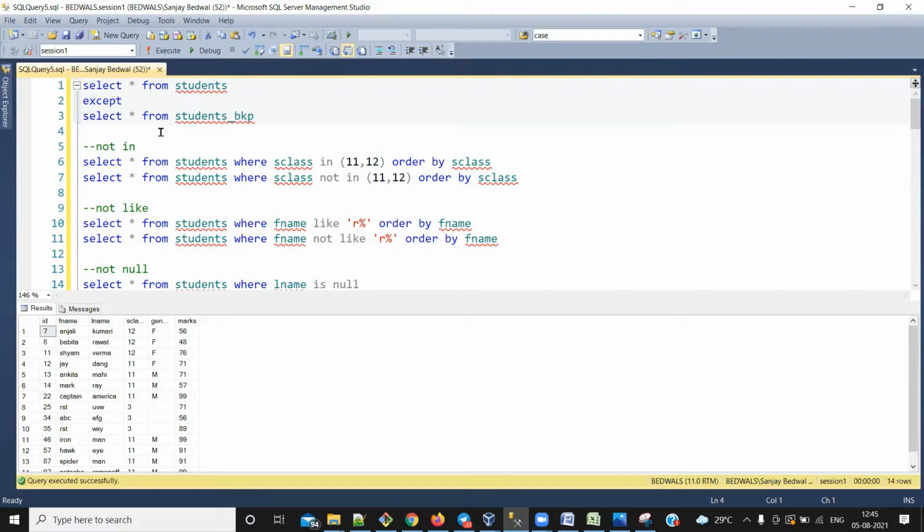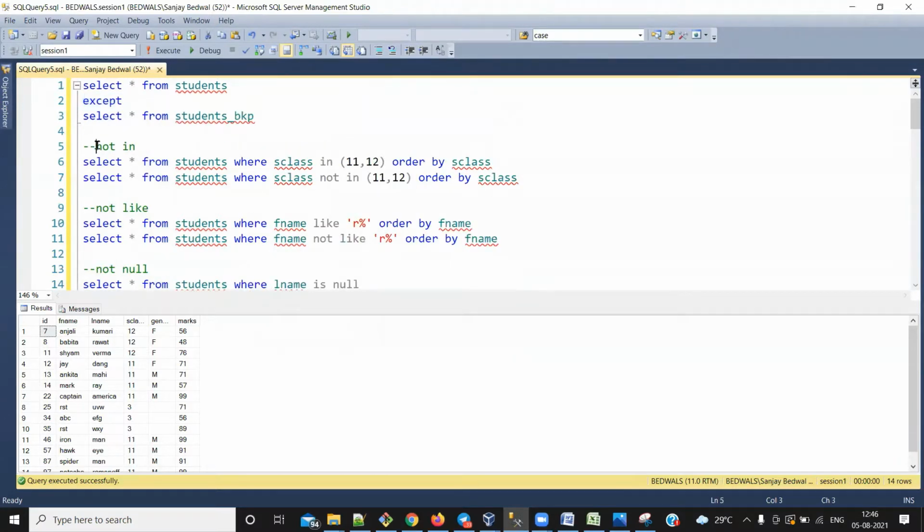In the last session, I told you about the except keyword, and one of my viewers, Riaz, informed me that this except keyword is not present in other databases he has worked on. I forgot to tell you that except is very specific to SQL Server. In other databases, you will find similar functionality, like in Oracle, we have minus instead of except. Please keep this in mind. Otherwise, the other concepts like union and union all are common in other databases as well, right? So I just wanted to highlight this except part.